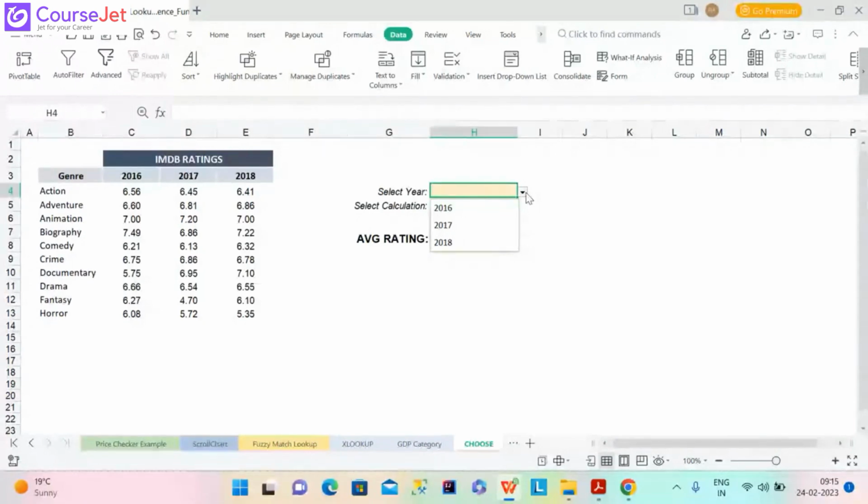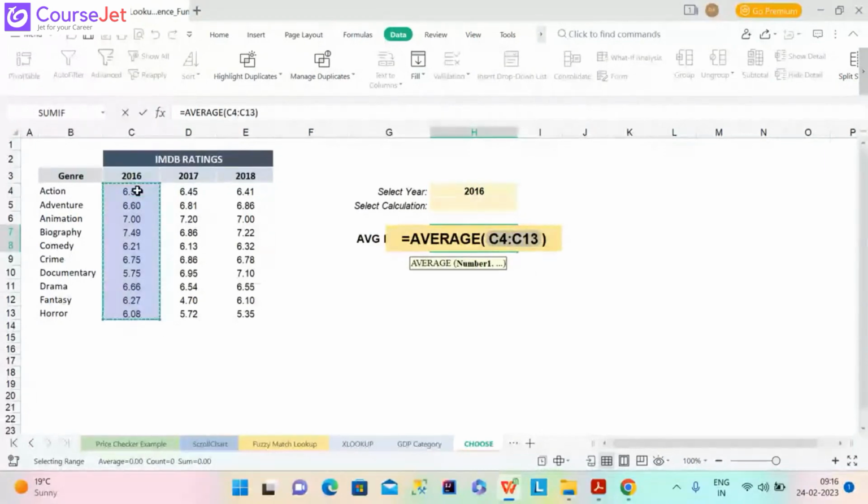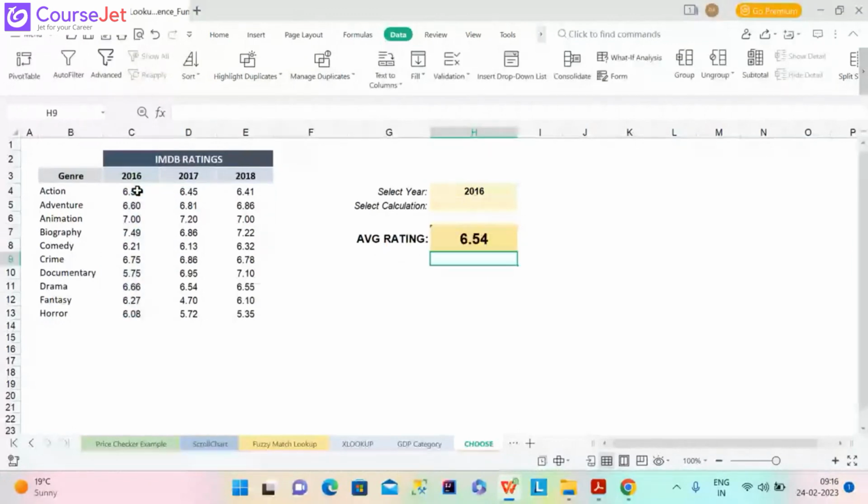Okay, so now from there, let's actually create the average rating calculation here in the H7 based on that year. So based on whatever we choose, it should give us the average rating. So let's do the calculation of that. We could start with something simple like average of C4 to C30. So here, what I'll say, average, and we need an average for 2016 for these ratings. So I say average from C4 through C13, something like that. If I hit enter, then it gives me the average rating for that particular year. So we get 6.54, and if we